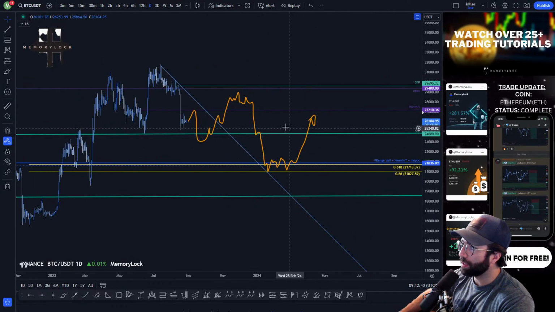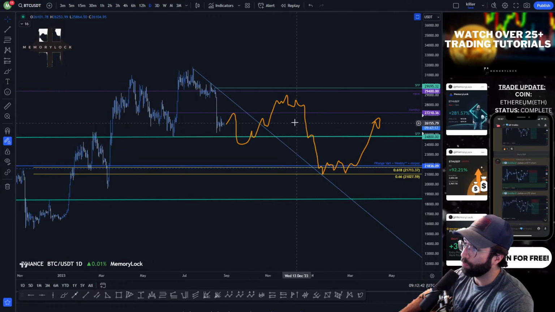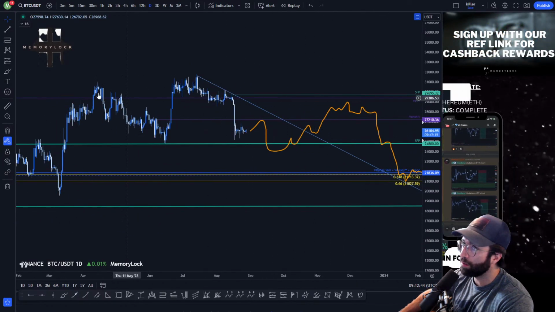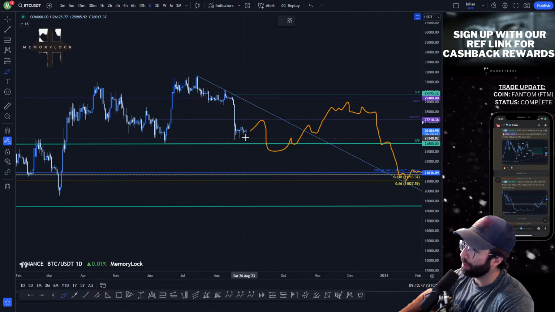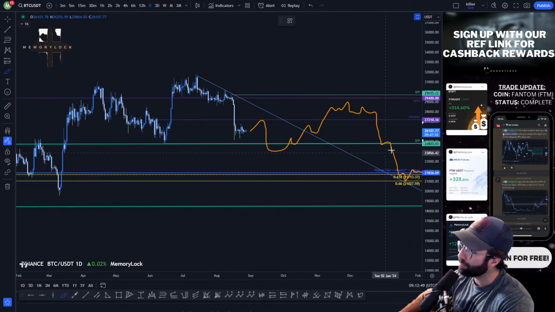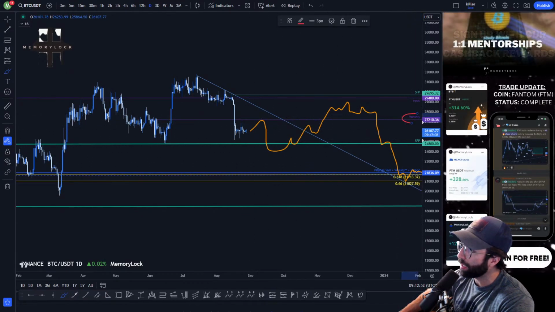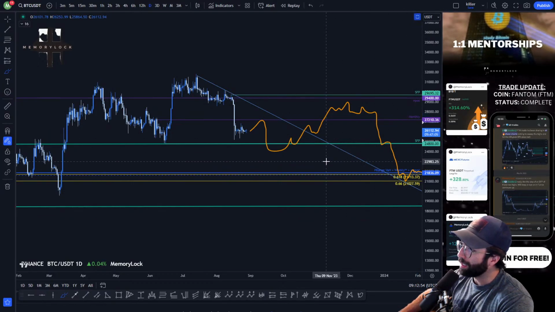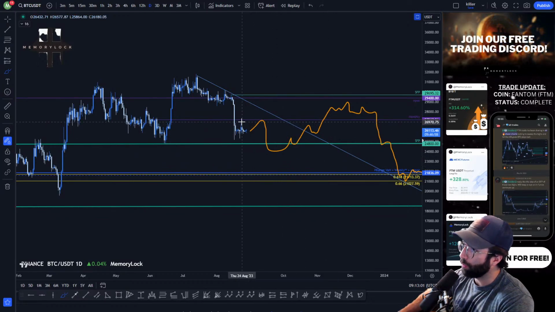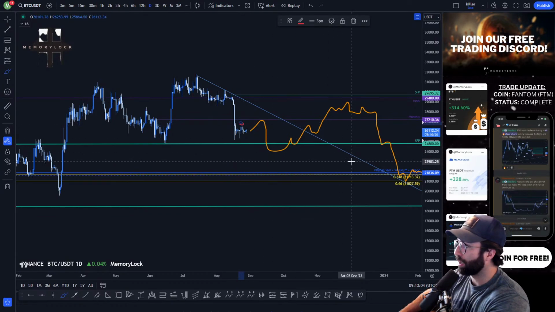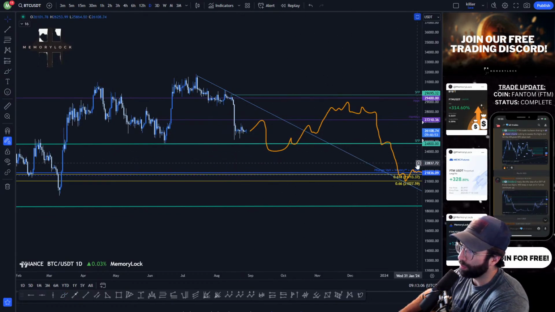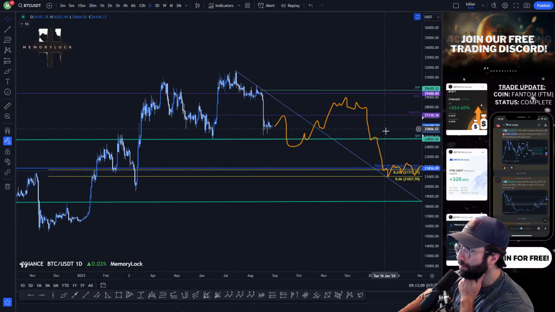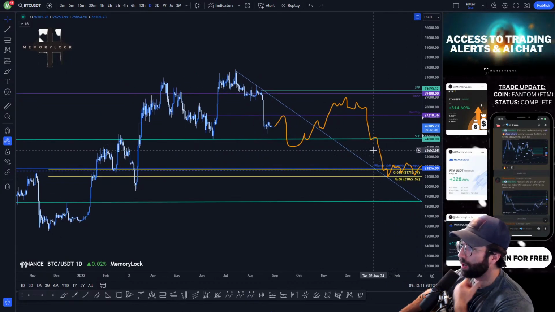So I'm still following this macro plan, right? Okay, so with that said, if I'm long here right now, it's really not a big long, right? I'm not expecting some massive move to the upside. At maximum, I'm looking at 27.2. And even that, God, I would feel really lucky to even get 27.2. Really, I think just around 27 would be plenty for me. I really wouldn't need to go beyond 27 for me to start really taking some profits. I think that would be a really great spot.